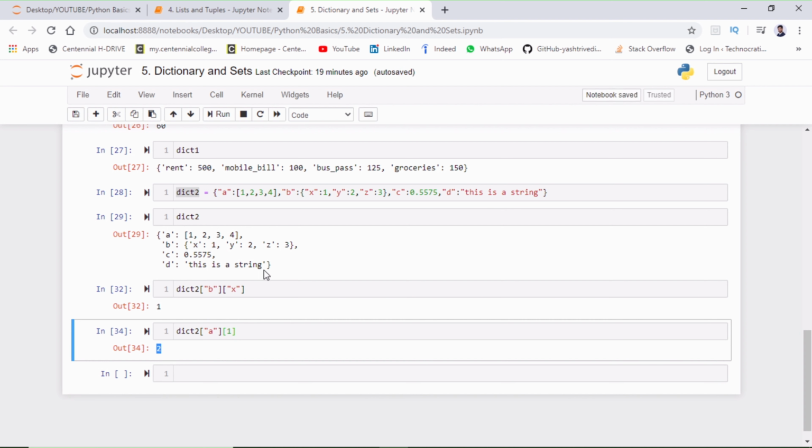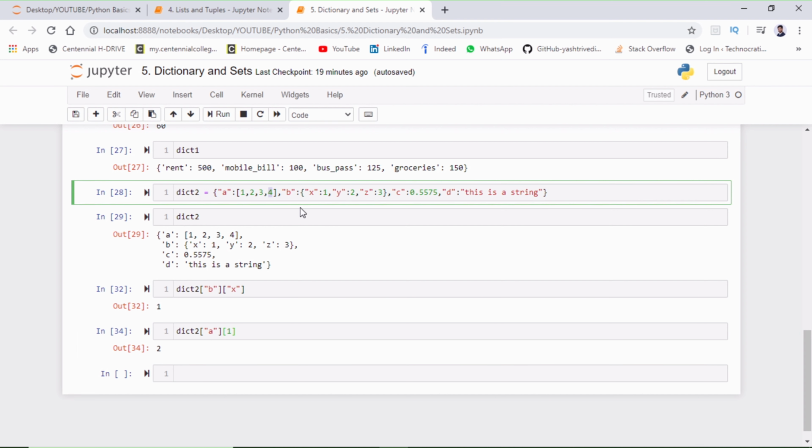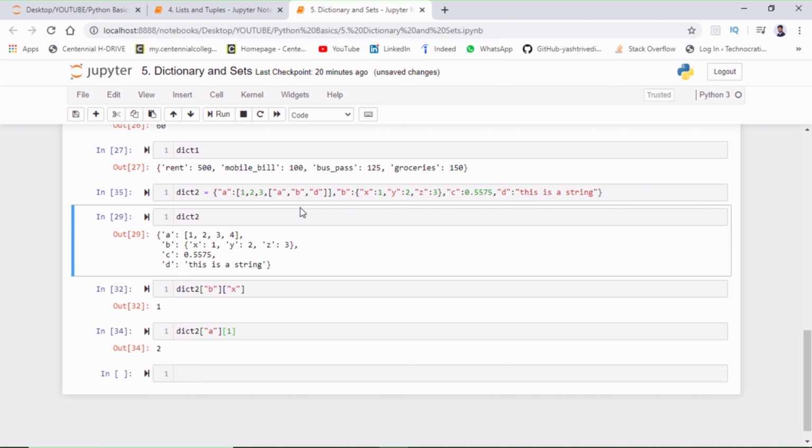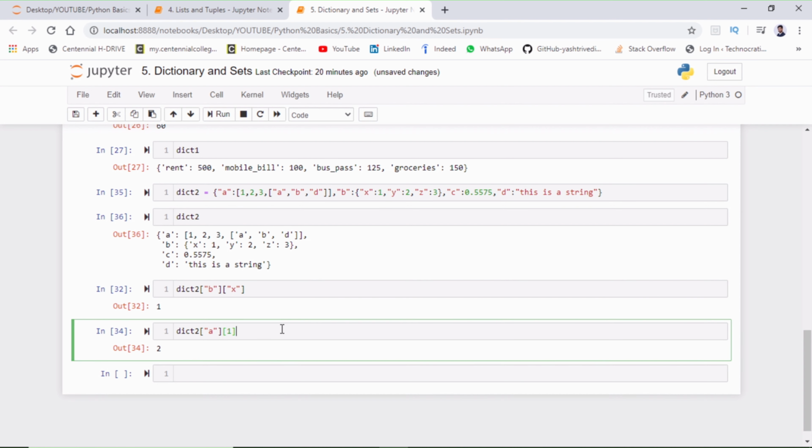So inside a dictionary, you can define anything. You can define a floating value, integer value. You can pass a list. You can pass a list inside a list. So for example, instead of 4, let us put A, B, D, and so now I'm having a list inside a dictionary, and inside this list, I'm having another list. And for example, if you want to get this D out of that one,